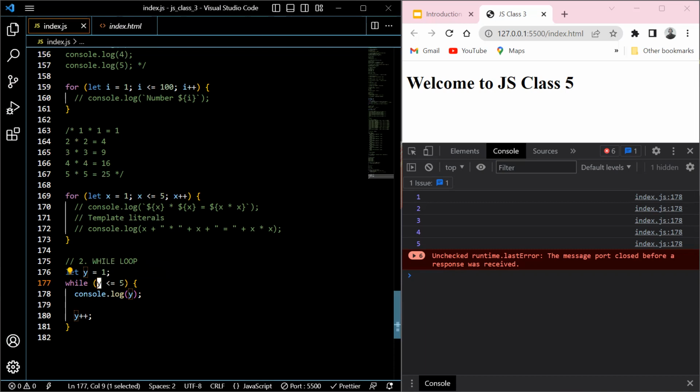So it's 2 less than 5, yes. That's why it now does console.log 2. That's where we're getting this 2, right? Then this statement will execute again, incrementing 2 to 3. Then the next time, because this is a loop, it's going to keep running this loop until this